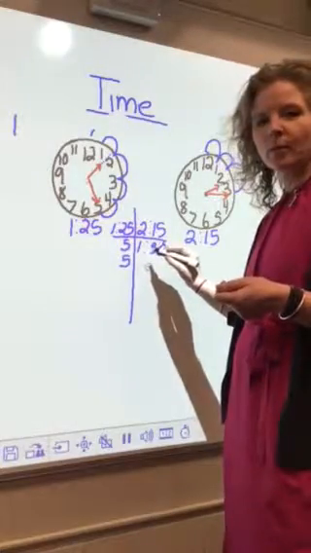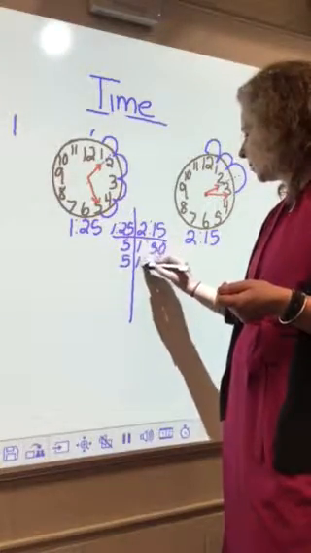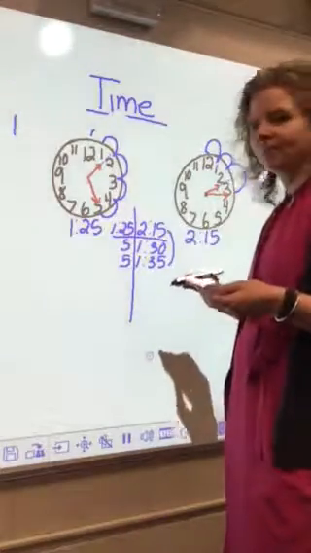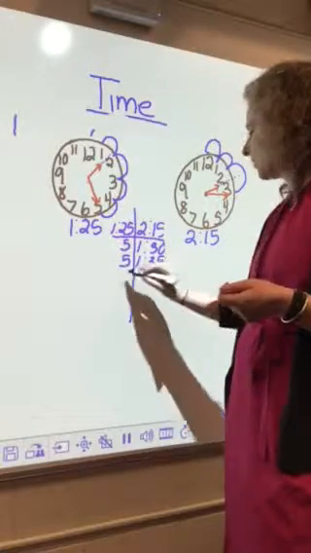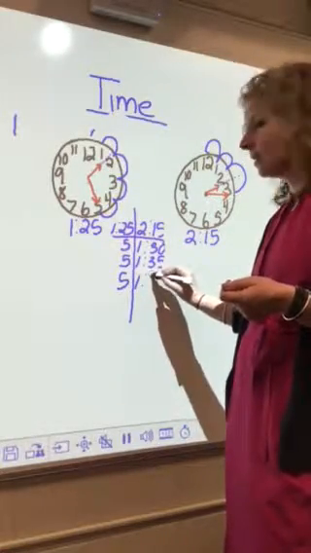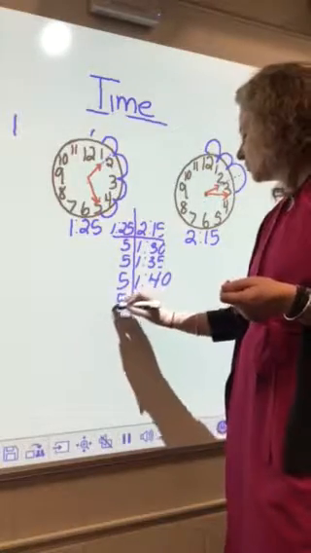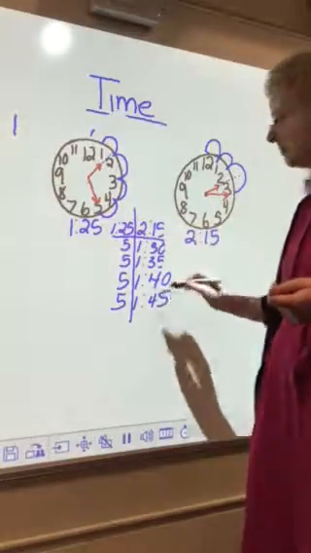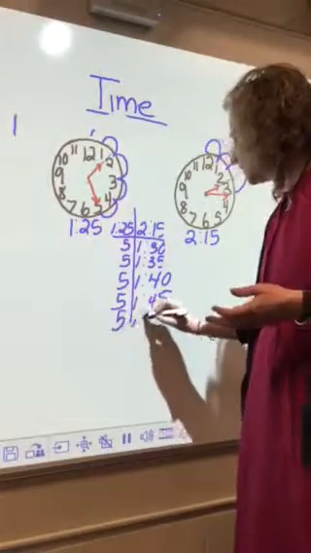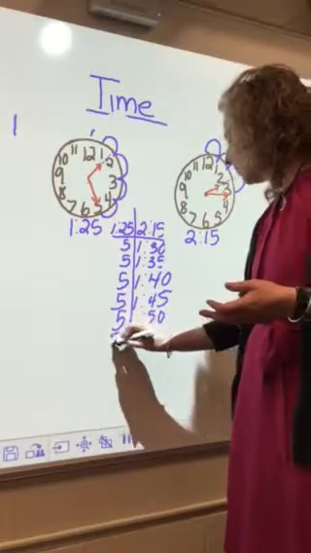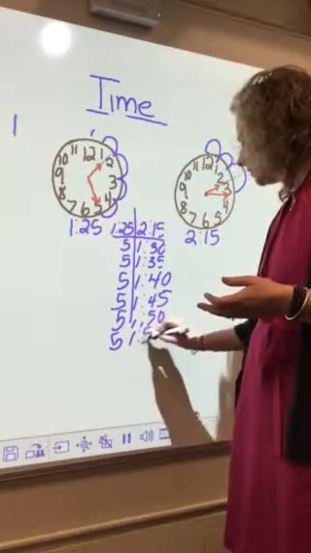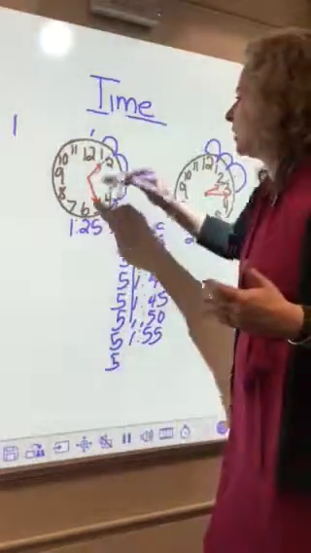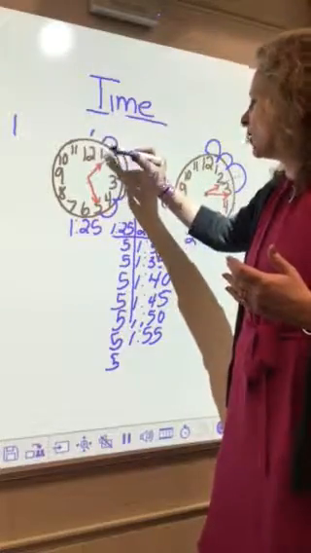If I add 5 more minutes to this time, what does that get me? 1:35. Do I match that yet? Nope, I don't. So now I have to do 5 more. 1:40. 5 more. 1:40, 1:45. Do I match that yet? I don't. Keep going by 5 minutes until I match my top time. 1:55. This is where it gets tricky. 5 more minutes. What happens at 1:55? There's the 55. I go back. My 1 turns into